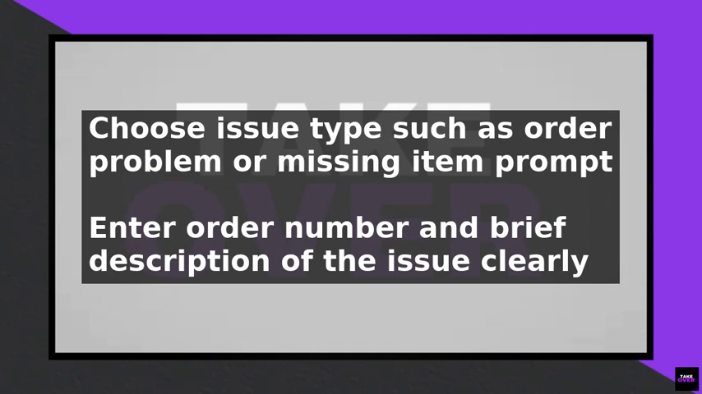Choose the type of issue you are experiencing, such as a problem with your order, a missing item, or a refund request. You will then be prompted to enter your order number and a brief description of the issue. When describing the issue, be clear and concise, and provide as much detail as possible. For example, if your order was missing an item, specify the item that was missing and the restaurant that prepared